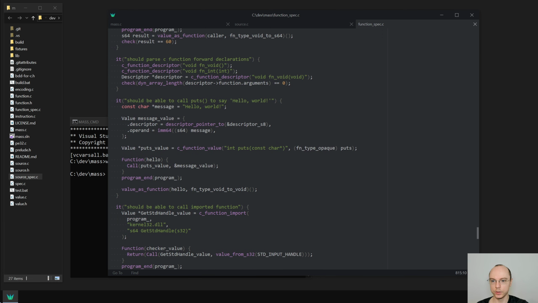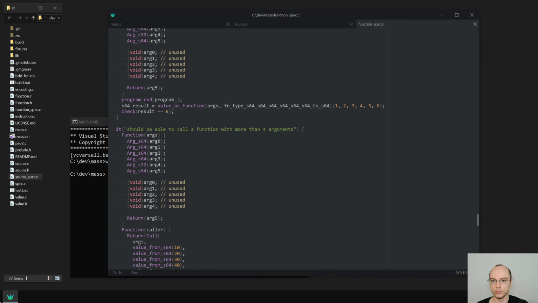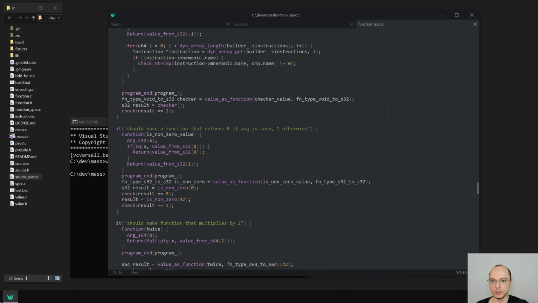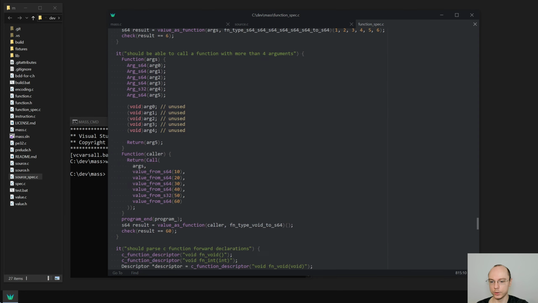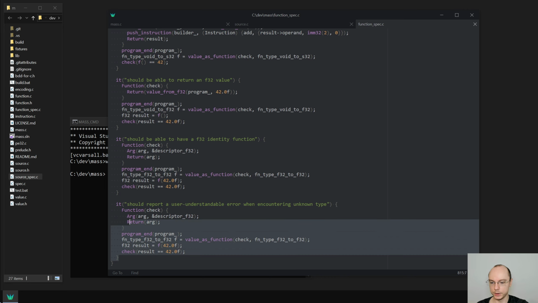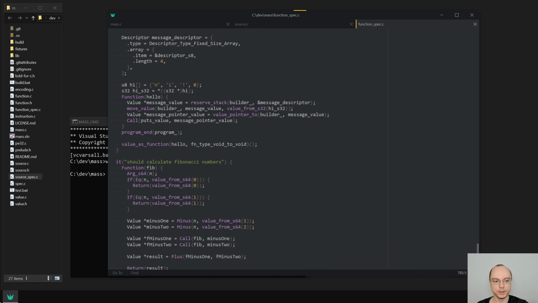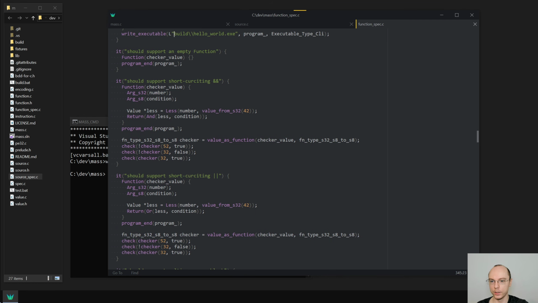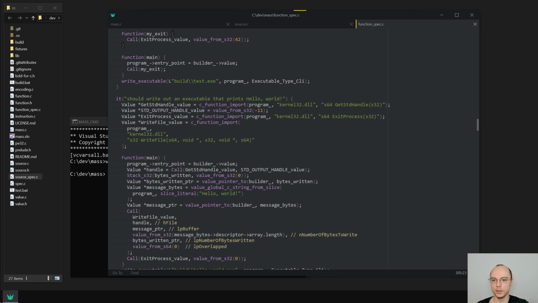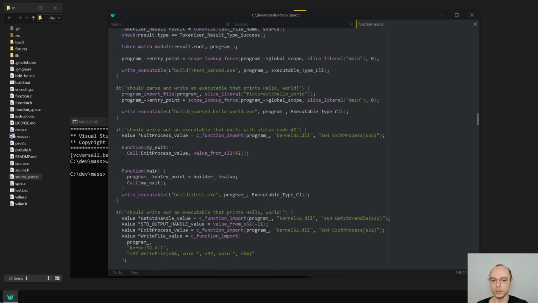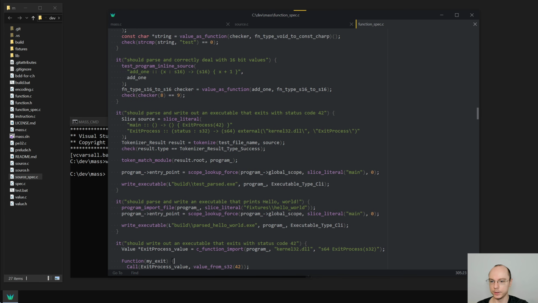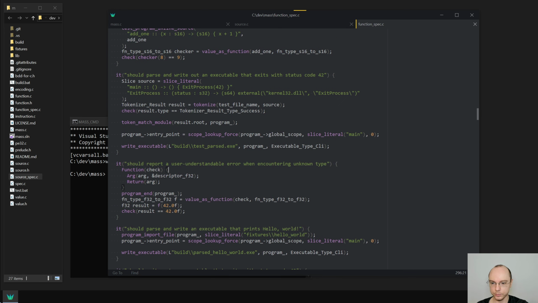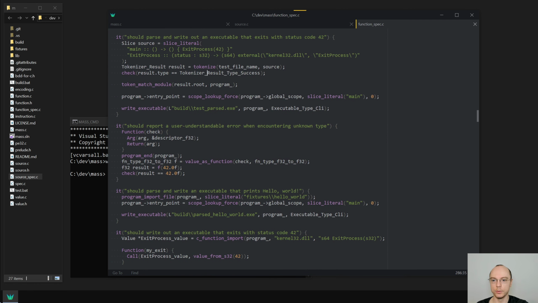Let me copy paste maybe some test I can work on, or maybe I will grab this one and move it closer to the tests that actually use source files. Okay, that looks about right. Okay, here we have the source files. So now we can copy this one,